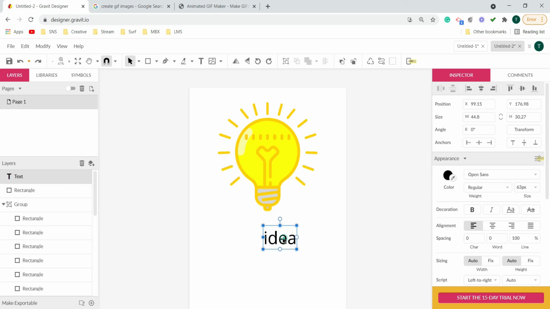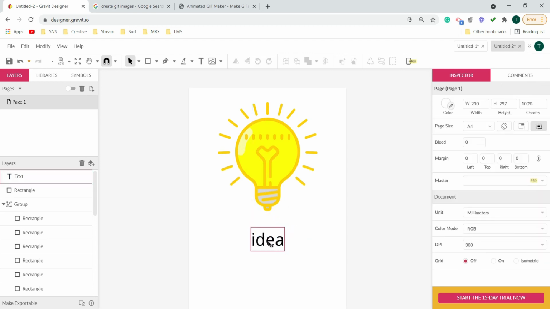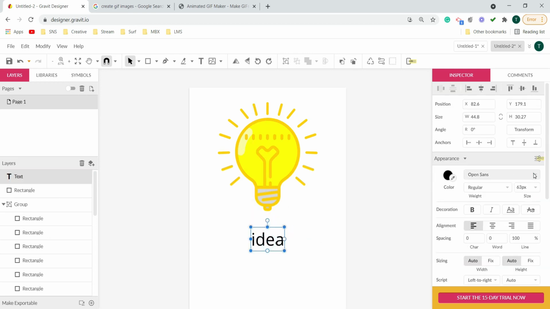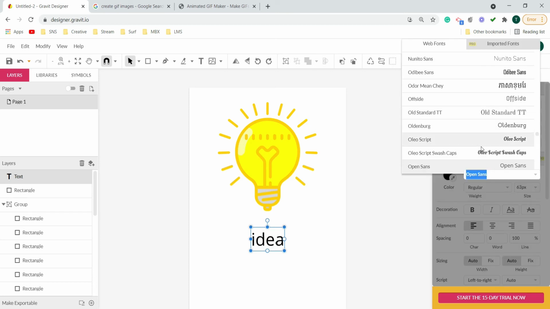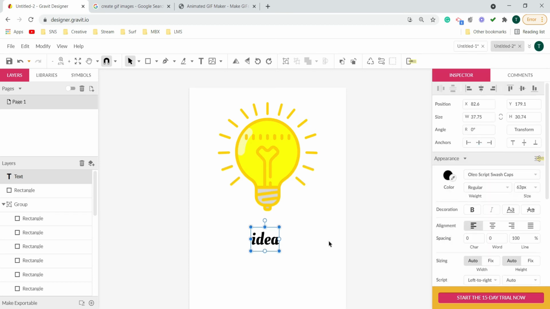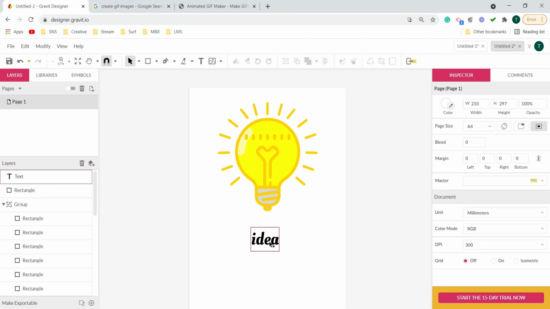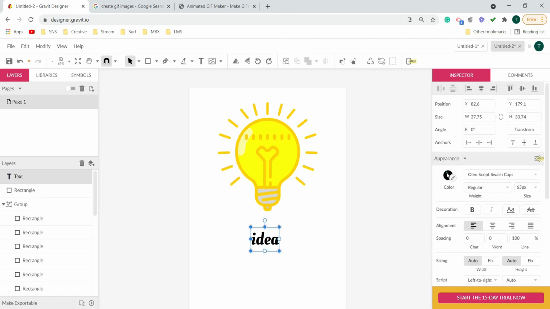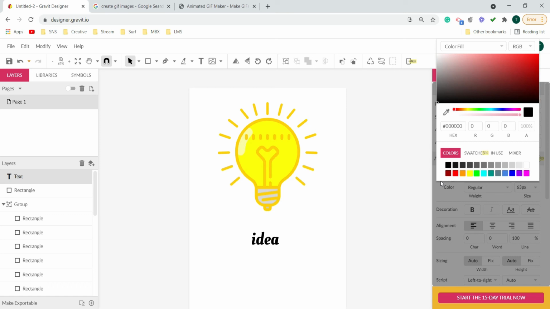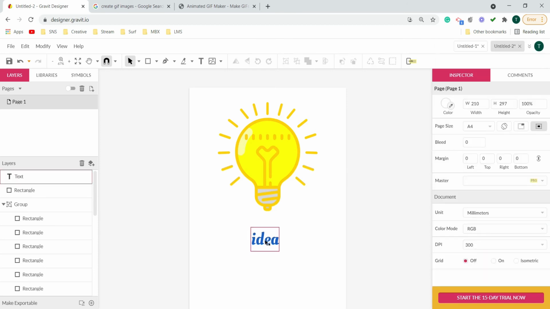Let's do the placement again and I'll change its font from here. We have so many different fonts. So I think this one will look better, and let's change its color also. Black is not looking appealing to me, so I would prefer a blue one. To me, blue seems about right. Let's place it in the center.